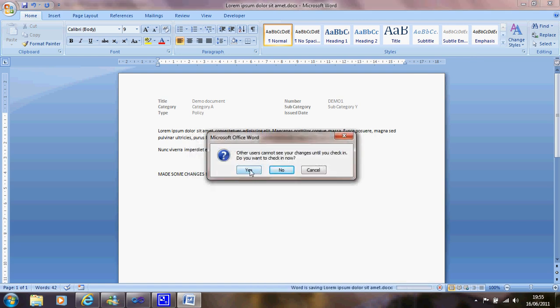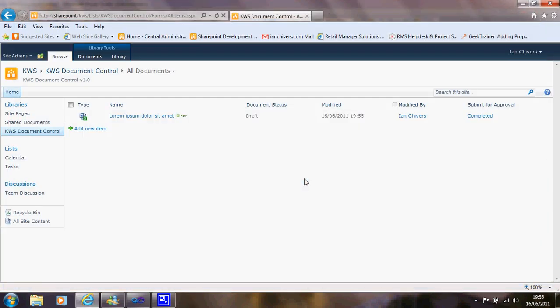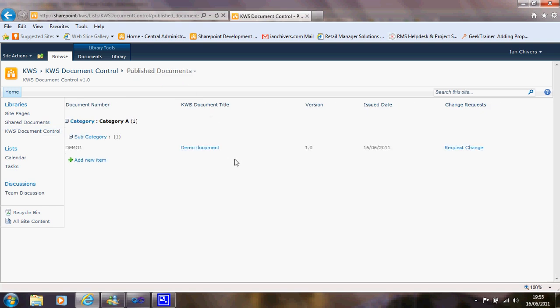Do we want to check it in? Yes, let's check it in. I'm not going to make any version comments. Okay, so the status of this document is now draft. It is version 1.1, but let's go back to the published documents view and check what everybody else can see